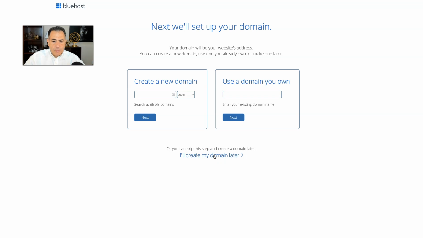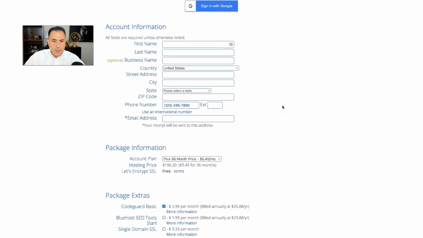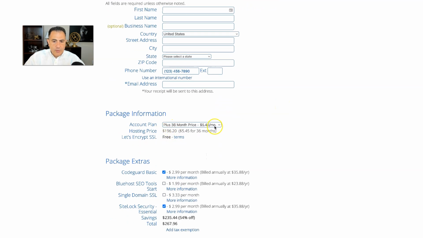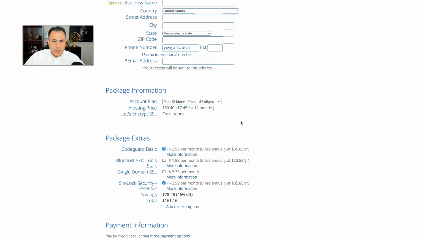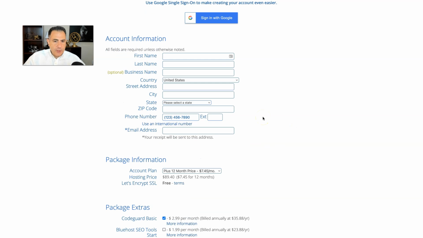And I want to show you something that is going to save you some money. When you get to this right here, you don't have to go with 36 months. You can just go with 12 months, which is cheaper. And you don't need that right here. That will save you a lot of money. So you saved 46%. Again, I'm not selling you on this. You don't have to have it if you don't want to, but if you want to create a landing page on WordPress, you have to have a website and you have to have WordPress. If you don't know that, WordPress is free. You don't have to pay for that.